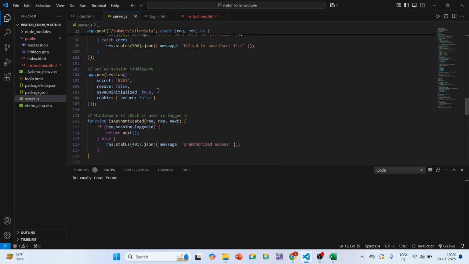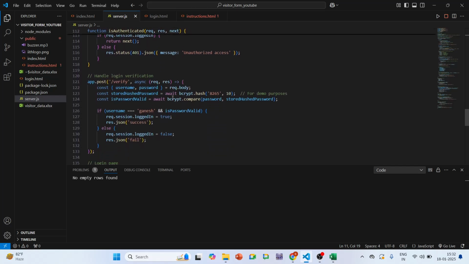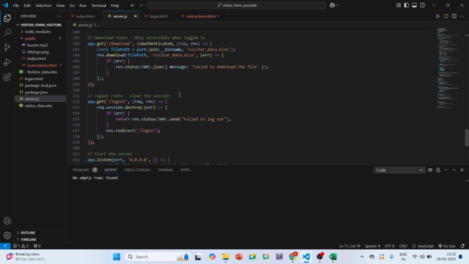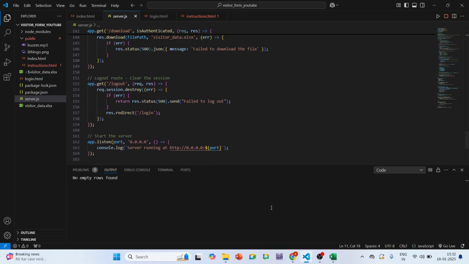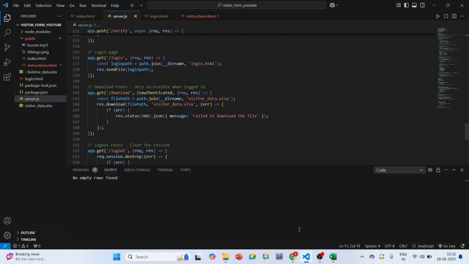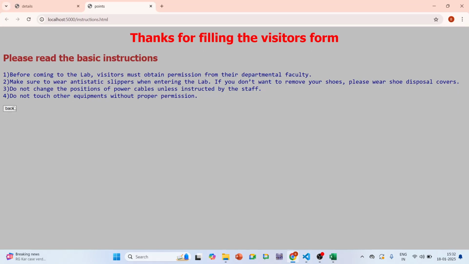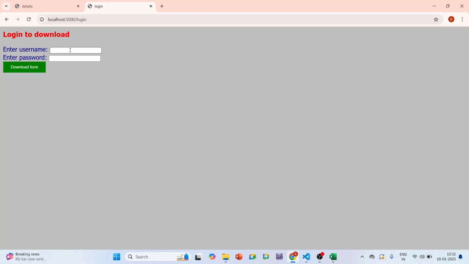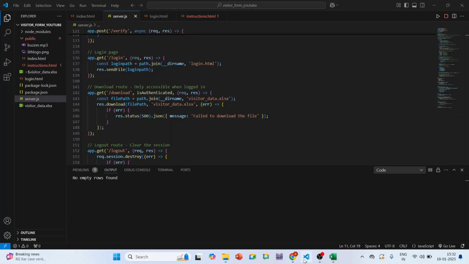Now you can download a form using this ID. Everything is there. I did not show you the login and logout form yet, so I will show this also. For example, I am going back. See, download form; a login to download is entered. If I enter something without the password, it will say sorry, login failed. So when I press download form,